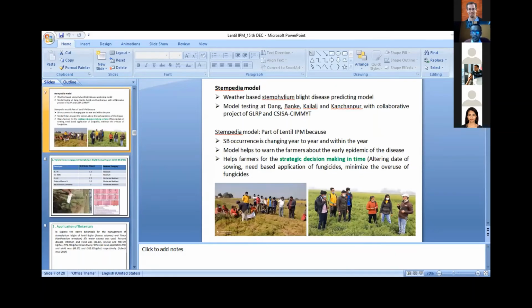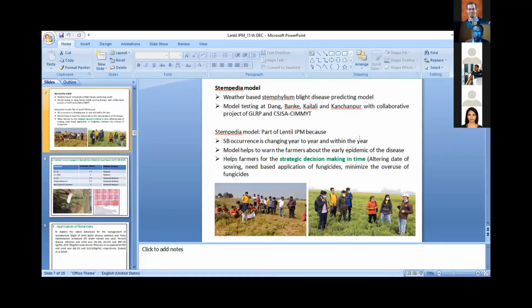So for this monitoring, we have to scout the field at the early stage. For this, for the last 2-3 years, in collaboration with CIMMYT and CISA, we have worked on the Stemphylium model. In the field level also, we are working on this model. This is a weather-based model, and we are working in the Dang, Banke, Kailali, and Kanchanpur districts. And the Stemphylium model is part of the lentil IPM, because Stemphylium blight is changing